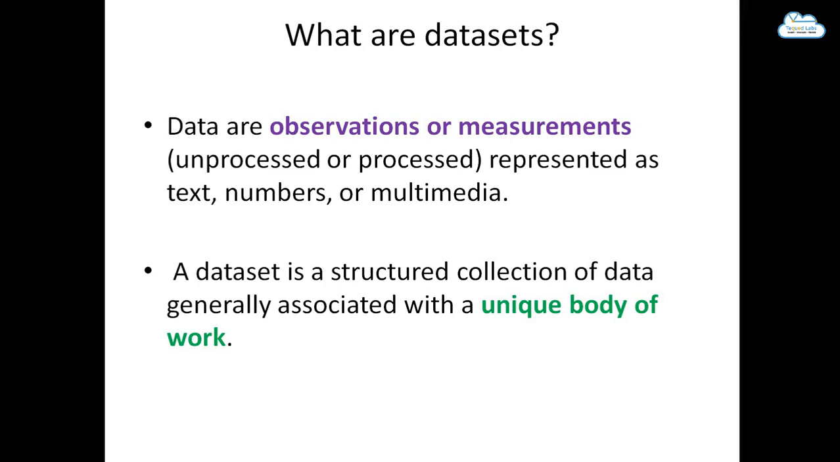So when you have hundreds and millions of data that is collected and associated with a unique body of work, what is association with a unique body of work? It is telling you that it is associated with a particular topic. So that is how a data set is different from data. Data can be a number or anything else that you have collected. But whenever you make relationships between different kinds of data and put it under a bigger umbrella called a unique topic,